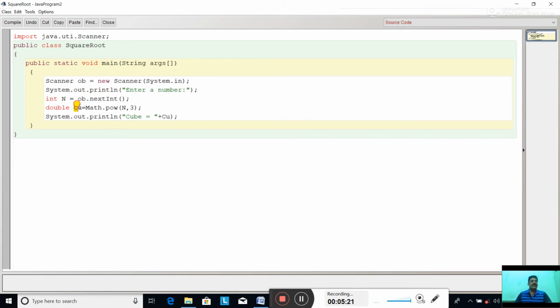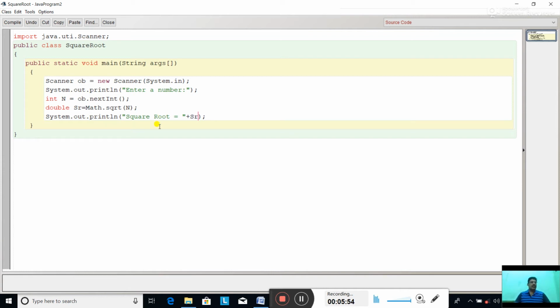Double SR equal to Math dot, instead of the power function we'll use the sqrt function. The sqrt function is used to find the square root of the number. Square root equal to, plus SR.